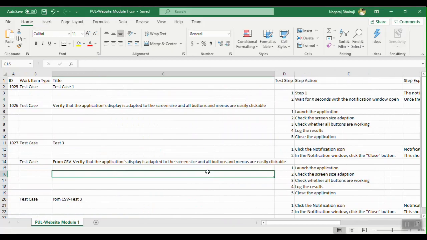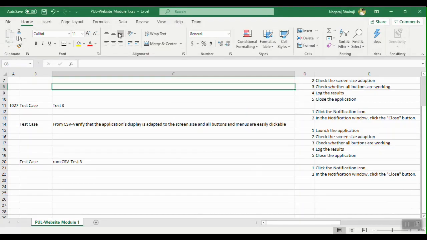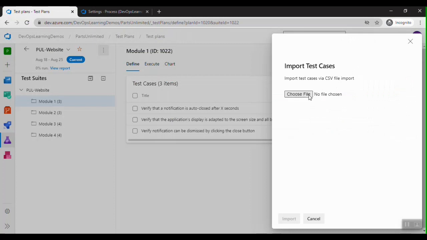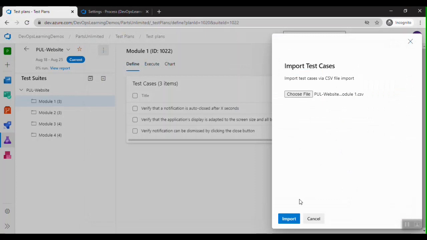Now let me import the same CSV file, which is PUL website underscore module 1. So this is the file, let me import it.